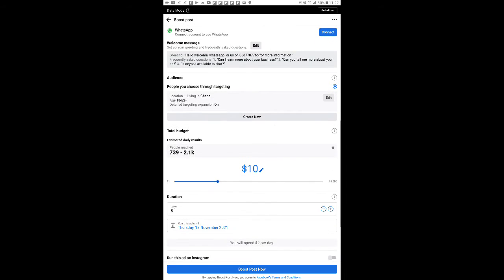Now the next thing we are going to look at is the audience. This is the technical place, okay, the audience. And at the audience section, we will just go to edit. So we are going to edit and then select our audience. And in selection of our audience, you can see region and then address. So you have to change your location to wherever you are. If you are in Ghana, if you are in Nigeria, if you are in Togo, if you are in South Africa,